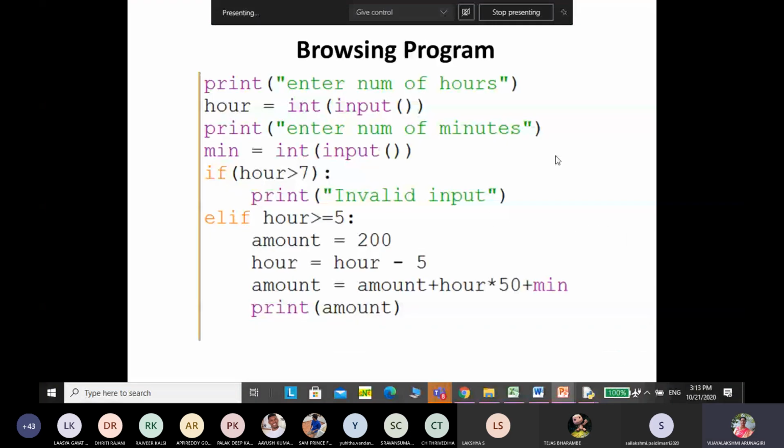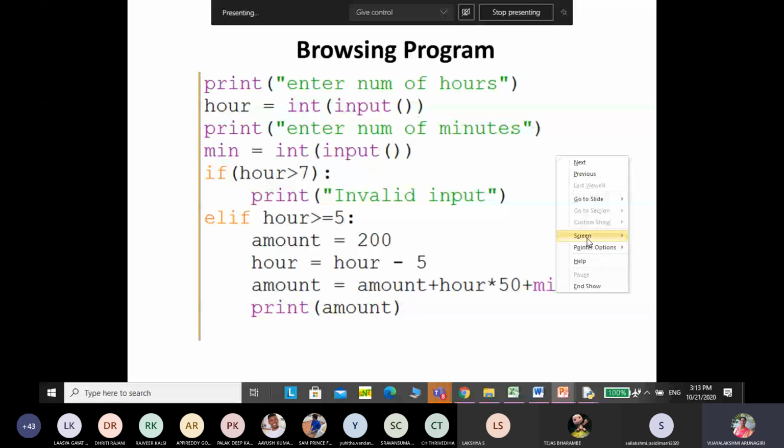Say, for example, a person worked for 4 hours 30 minutes. One mistake is there in this program.